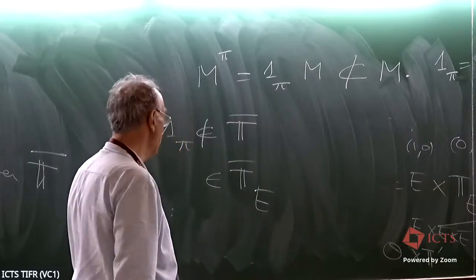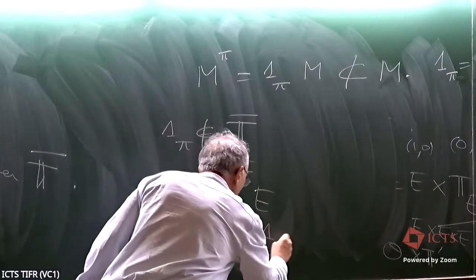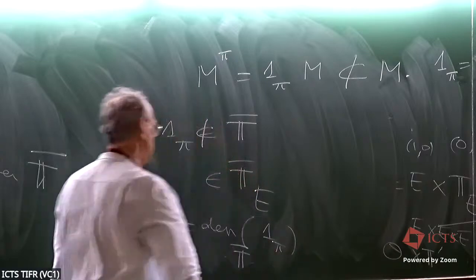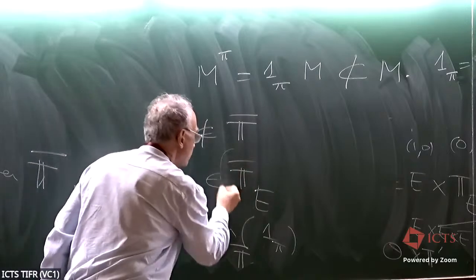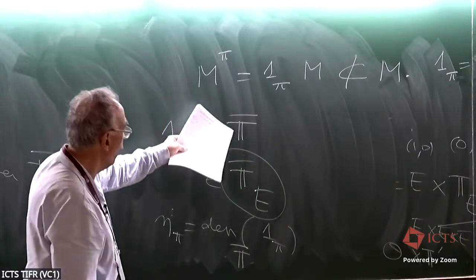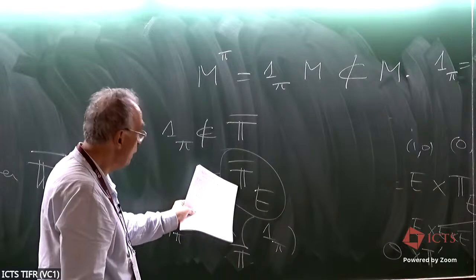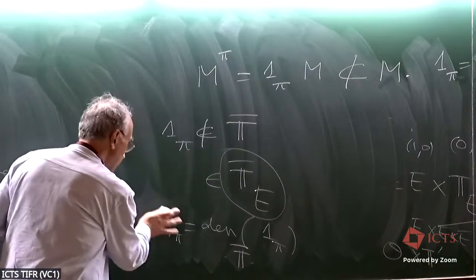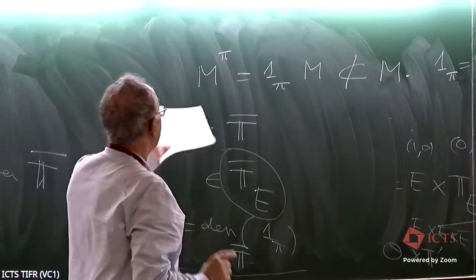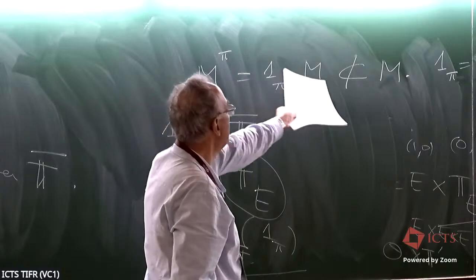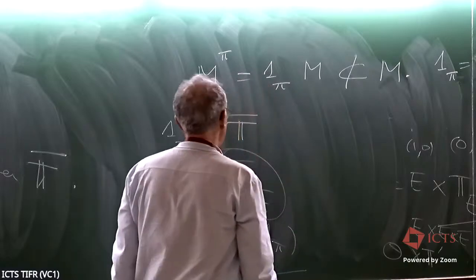If you want another definition of eta pi, it is that eta pi is the denominator of 1 pi with respect to T bar, which is the integral structure that we pick inside TE. Inside this E algebra, there is an O algebra, so there is a notion of denominator for an element in this E algebra, and that is also eta pi. But again, this thing may not be integral because 1 pi is not integral.